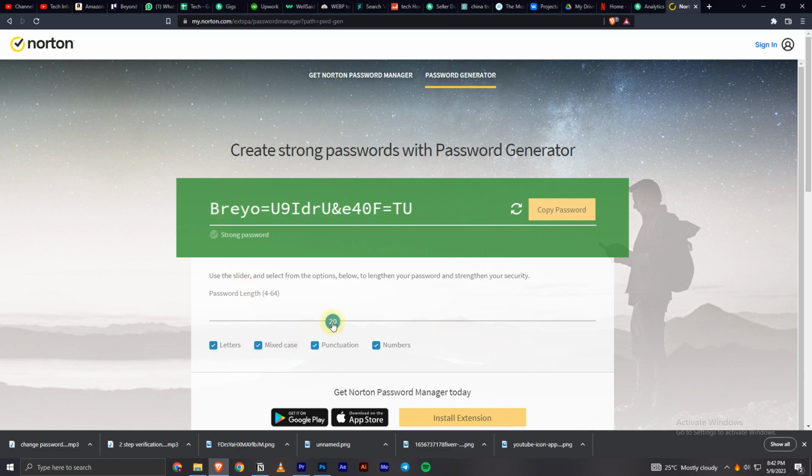So whenever you need to add a password, it will also pop up in the right side of your browser. So I'll set the character, so mostly all those characters should be almost 8 letters, so I'll maybe just make it 13 letters, and now you can see it created a strong password, very strong password. You can easily copy this password from here and copy paste it on the website you want to create account on, and voila,